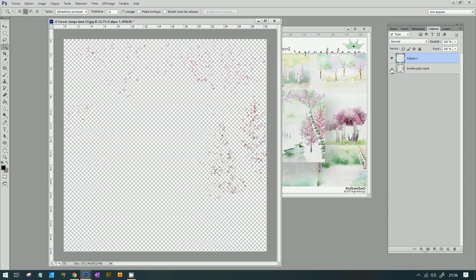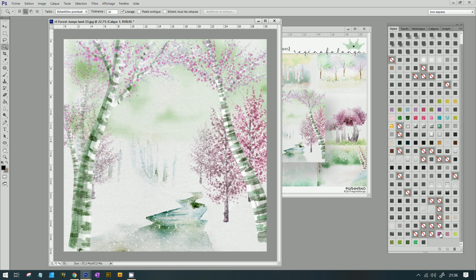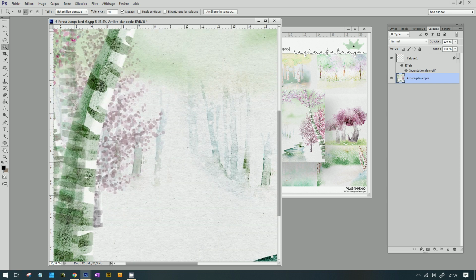So you have a layer with the pink detail, and now you can choose your color. It's easy. You can do another selection and choose green. Here, this green.